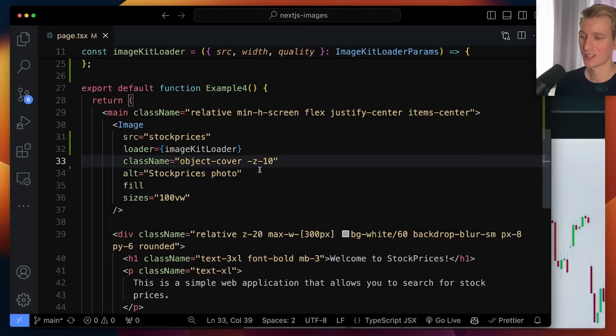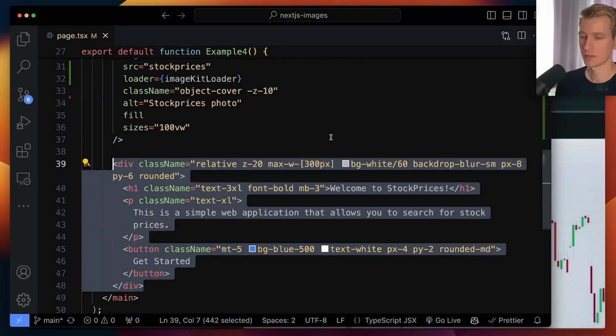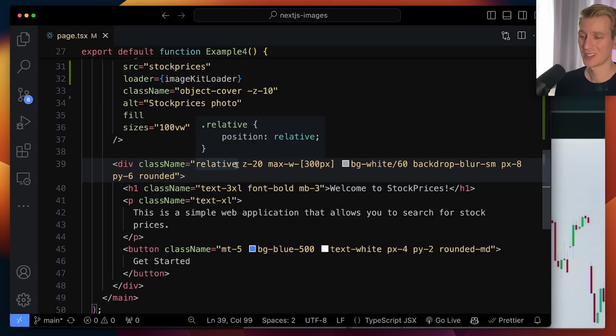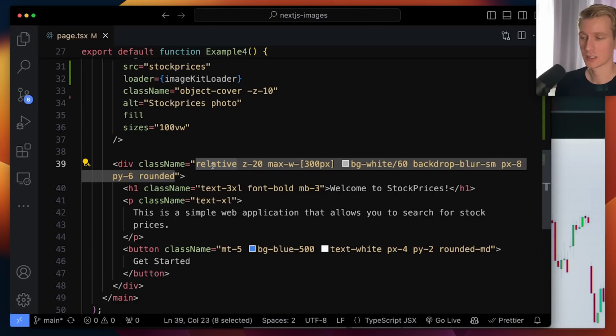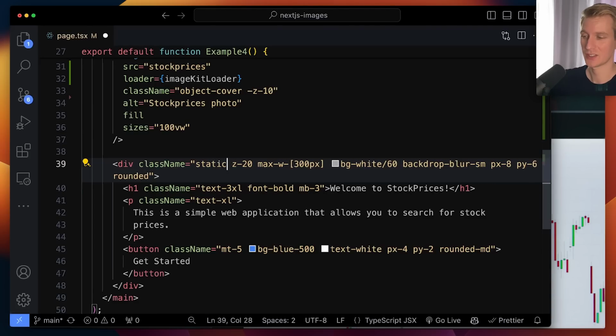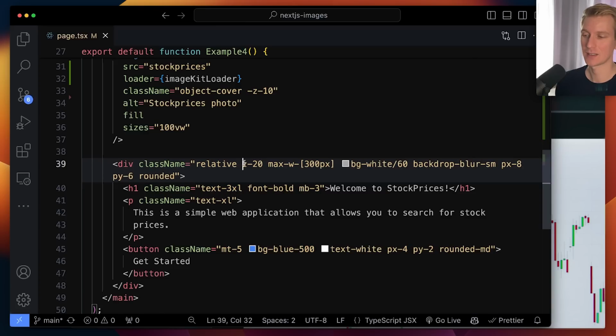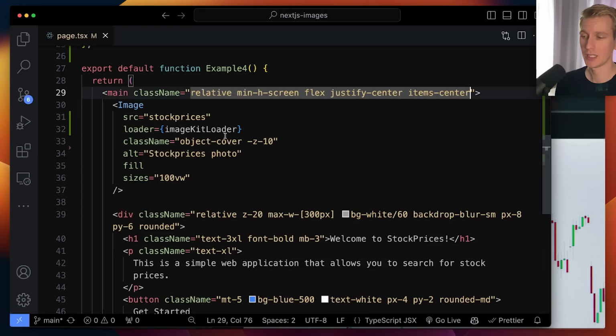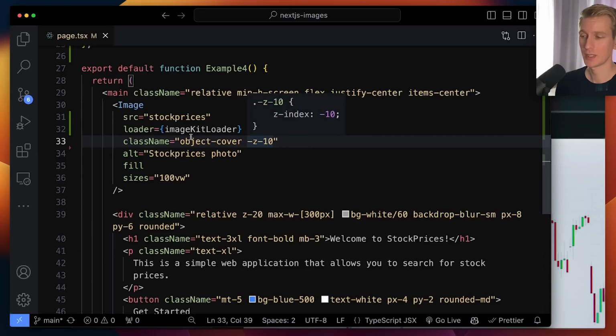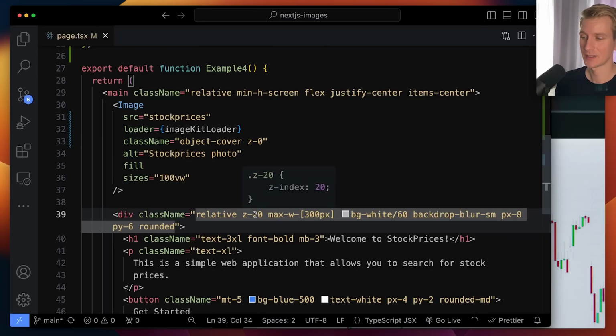Now we do want to make sure that it sits below all the other things. I just have a negative Z index here. So then if I have text, which is what we see here, you need to make sure that this is also positioned, as it's called. So the default for position is actually static. You need to make it something other than static, and then just to be certain also a positive Z index. If you have a background color on the main here, then the negative Z index may actually place this image below the background color. So in that case, use some other positive number, but still less than the Z index on